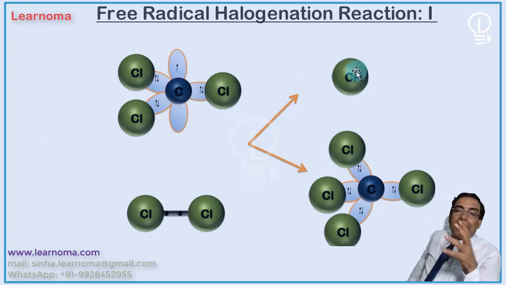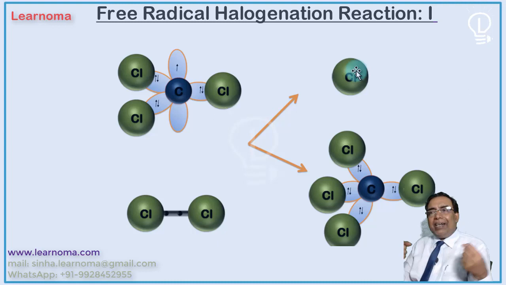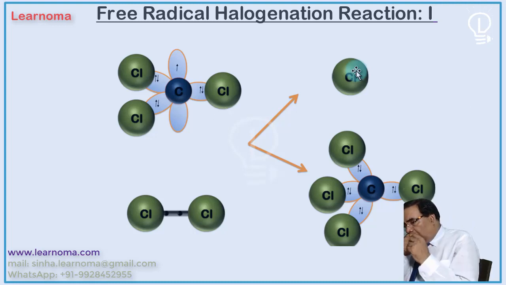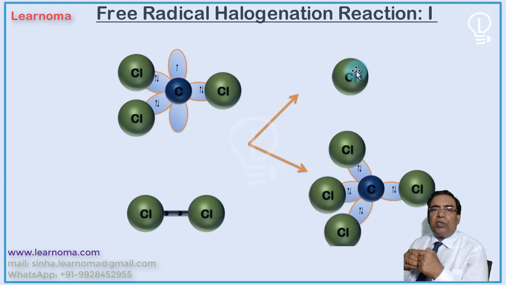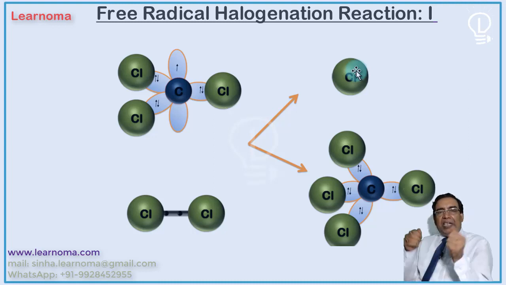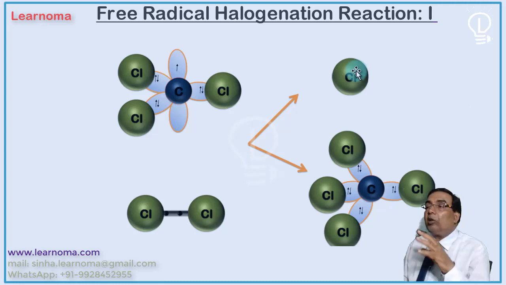And how does the chain reaction get controlled? The chain reaction gets controlled by chain termination reaction. What is chain termination reaction? The radicals react together. Ultimately, if no such reactant is present, then all the radicals react with themselves to form a stable molecule. For example, CH3 and Cl will form CH3Cl. CH3 and CH3 will form CH3CH3, ethane. See, in this way, a lot of different types of products are formed.